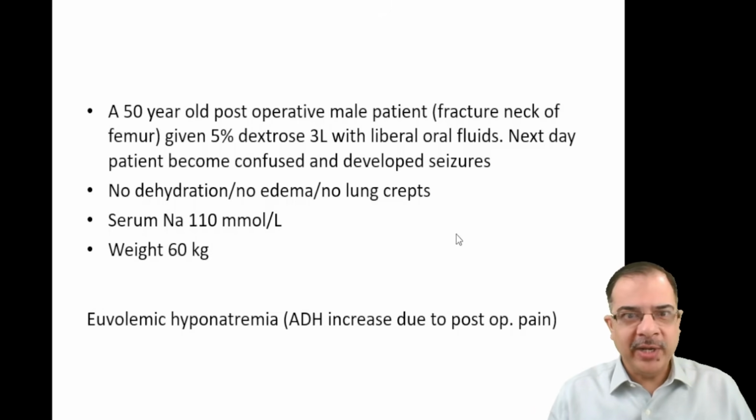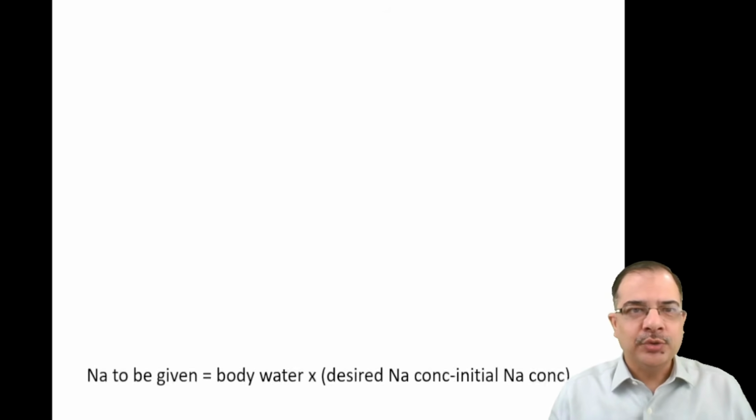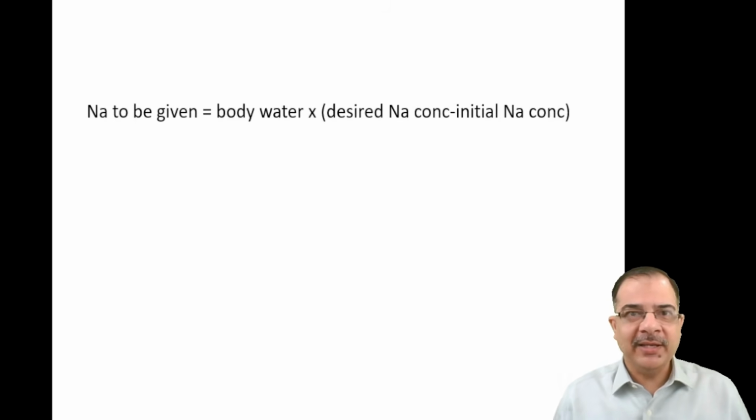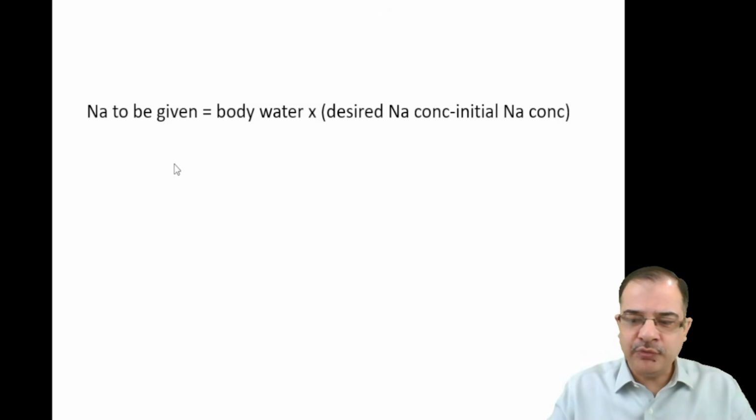So how to treat that? The patient has severe symptomatic acute hyponatremia. The most important step we will discuss here is that in 4 hours we will increase the sodium concentration by plus 4 from the initial value. The initial sodium value of our patient was 110 millimoles per liter, so our desired sodium concentration will be 114 in 4 hours. So we will calculate how much sodium should be given in millimoles in the first 4 hours.